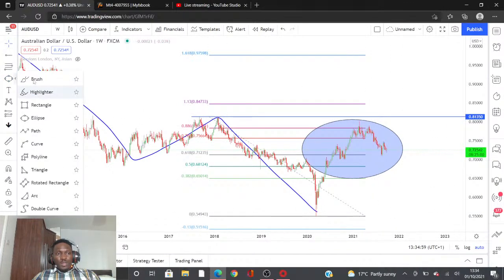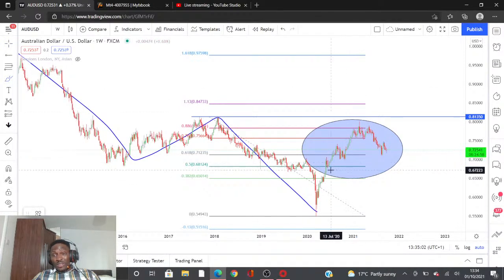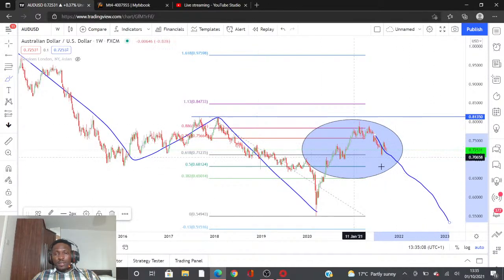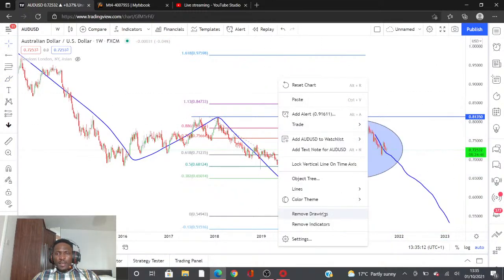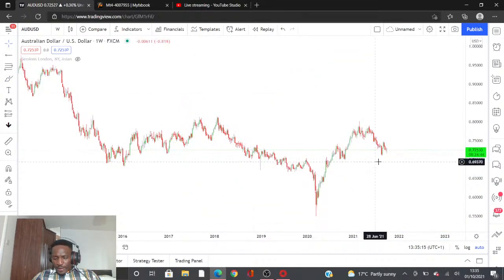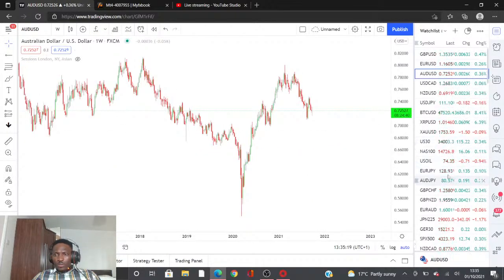And you can see how deep this retracement is, and sometimes you're gonna get this a lot in the market. The market will come deep like that, but as long as it hasn't broken this level, you can expect this market to respect that level and keep going down. So Aussie dollar again, looks like all the dollar pairs are bearish. So let's move over to